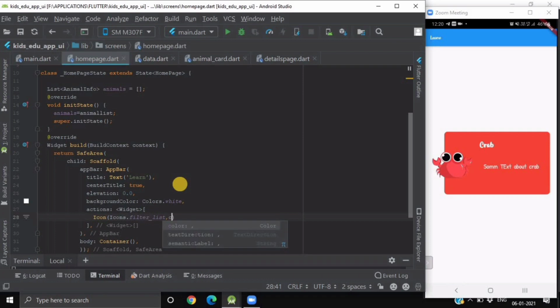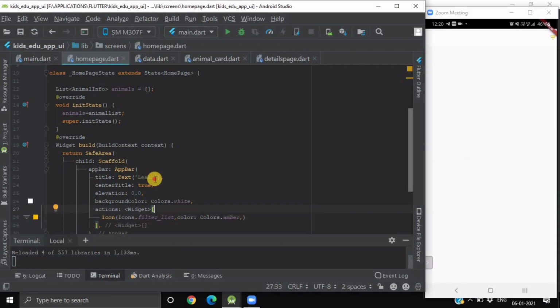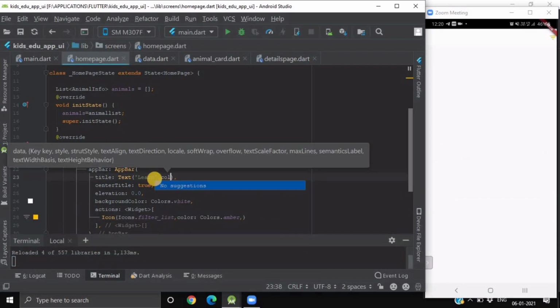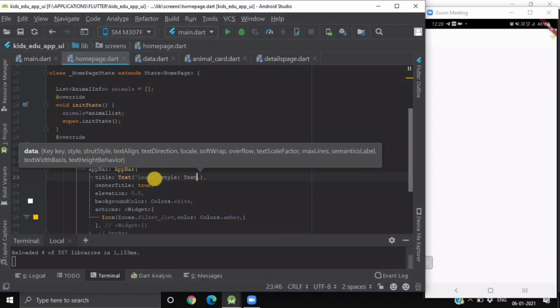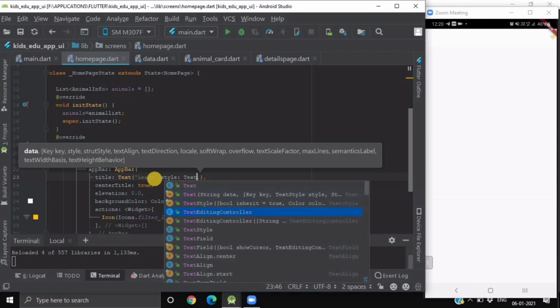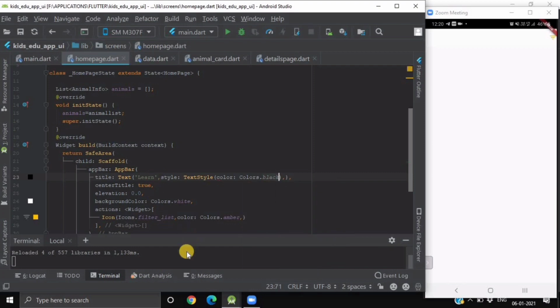We'll provide some color like this. Now we'll reload this. We have to give text color also. We'll provide some text styling, and it will be having colors dot black.